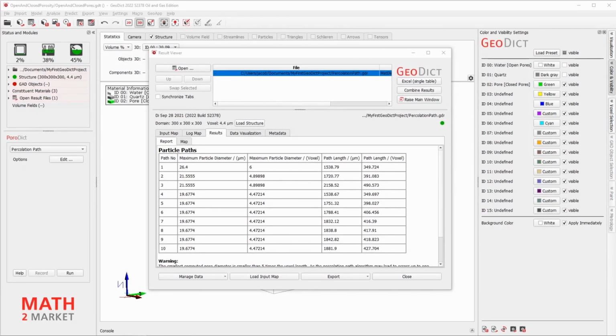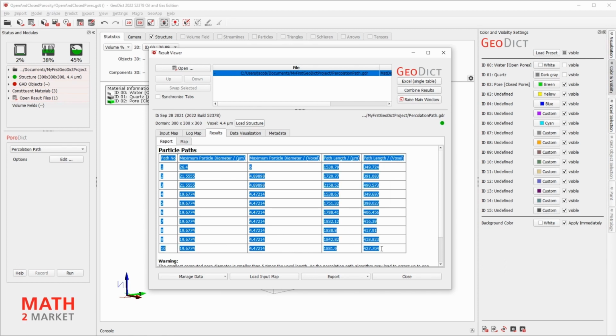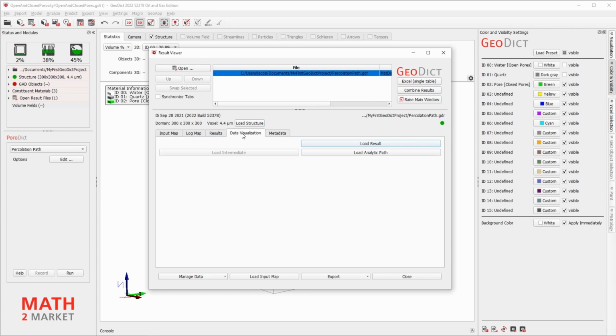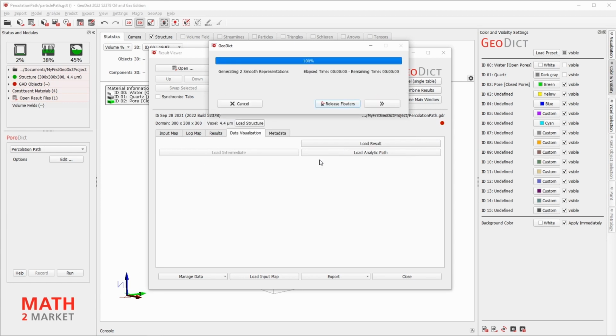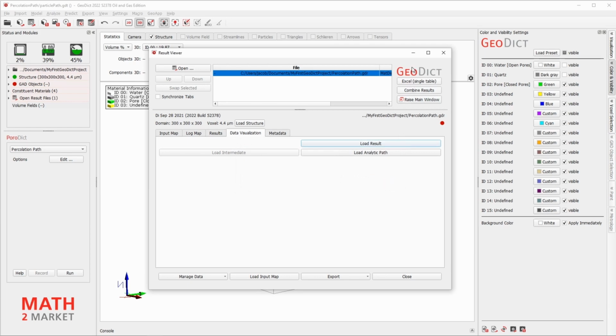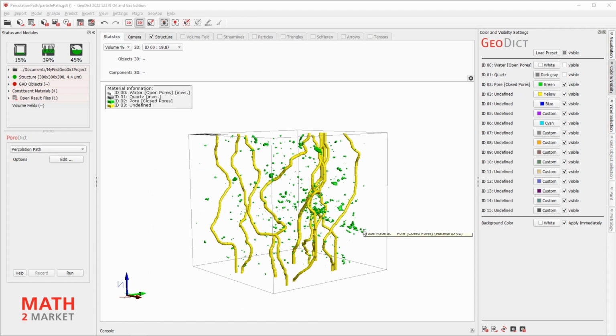In the result viewer, the results of the 10 largest paths are displayed. You may visualize them by clicking Data Visualization and Load Result. Minimize the result viewer and have a look at the result.